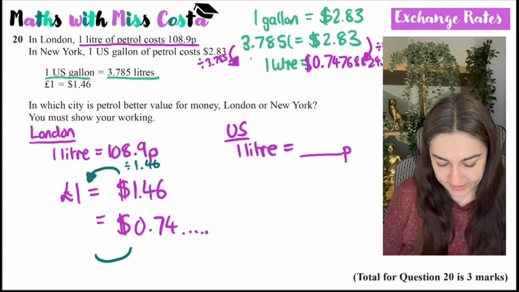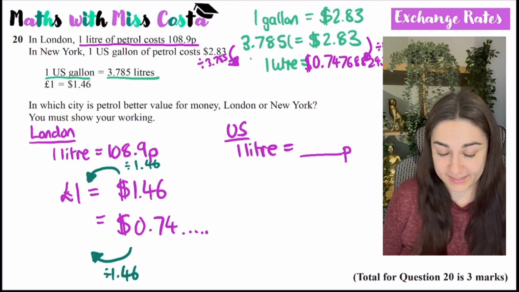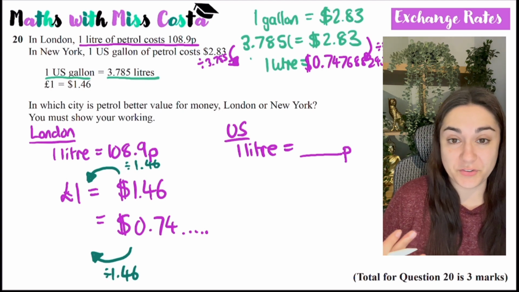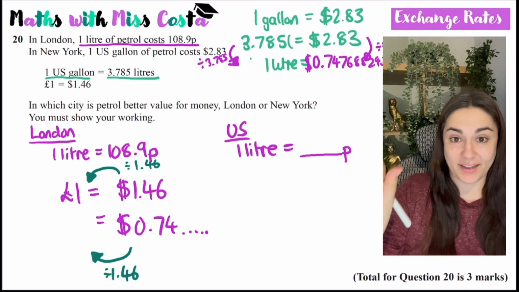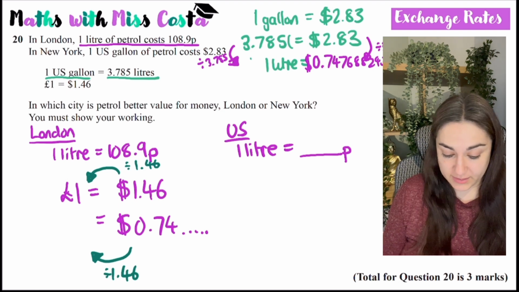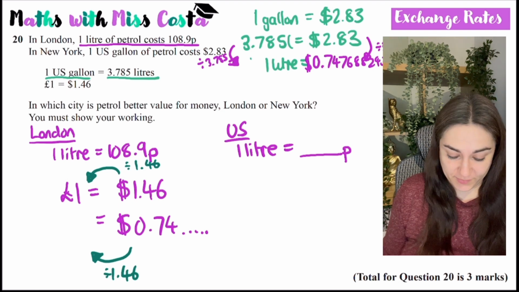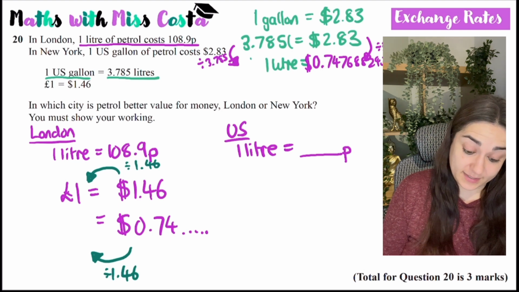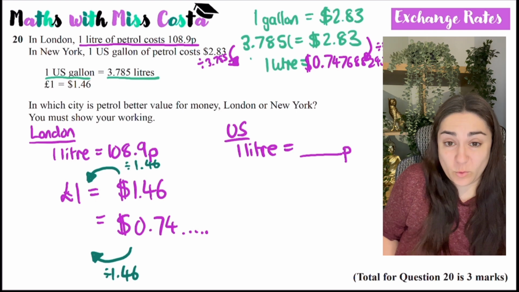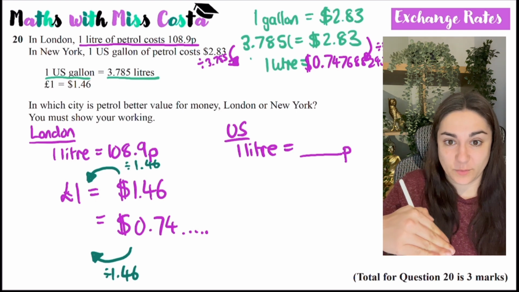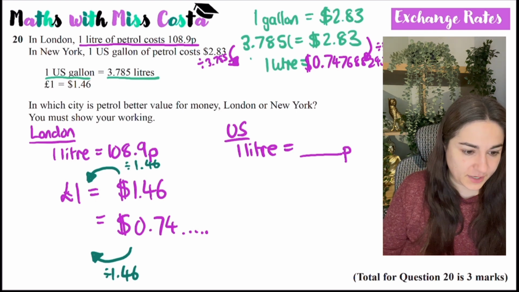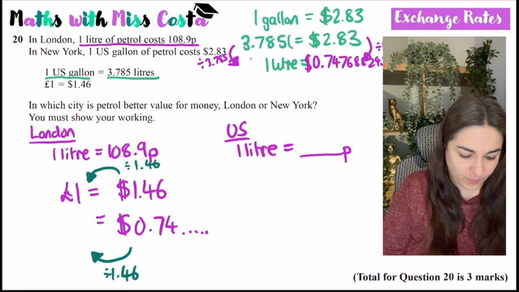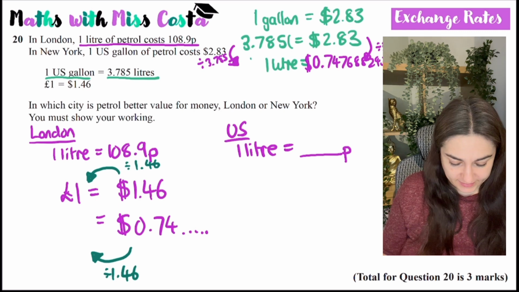Again, the really good thing is when you're doing conversions, list the facts that you know. So you know £1 is $1.46, and use the arrow to think, okay, how to get from 1.46 to 1? I divide by 1.46. You're always going to divide by that thing to get to the 1 unit. So 0.747 divided by 1.46 is